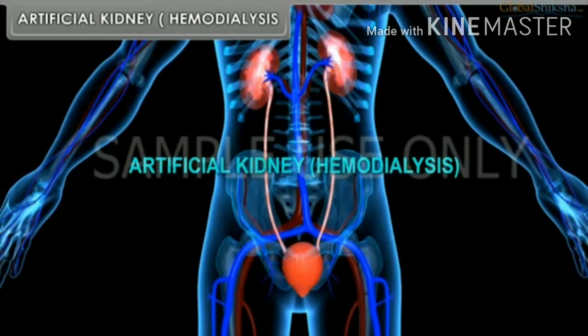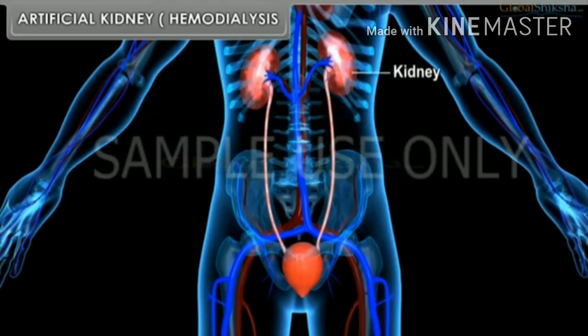Artificial kidney. Hemodialysis. Kidneys are one of the vital organs for survival. Filtration of urine artificially, other than by the kidney, is called hemodialysis. In abnormal or ill health conditions like infections, injury, or restricted blood flow to the kidneys, the functions of the kidney will reduce. This leads to accumulation of poisonous or toxic wastes in the body, which sometimes can even lead to death.